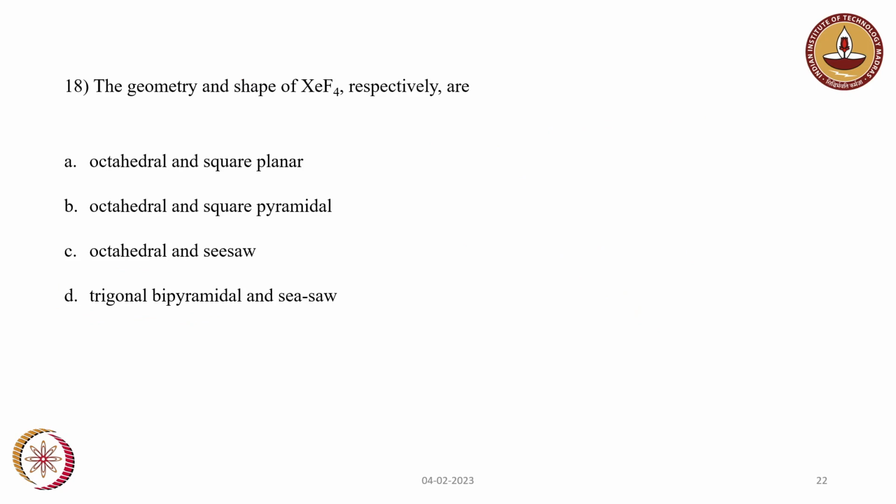The next question is the geometry and shape of xenon bonded to 4 fluorine, XeF4. The options: A is octahedral and square planar, B is octahedral and square pyramidal, C is octahedral and seesaw, D is trigonal bipyramidal and seesaw. So XeF4, xenon as the central atom,